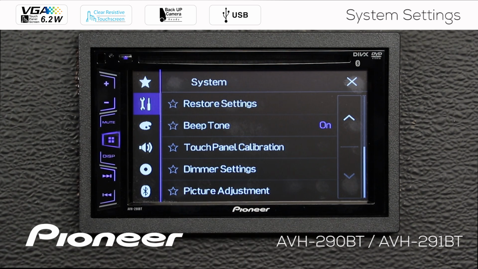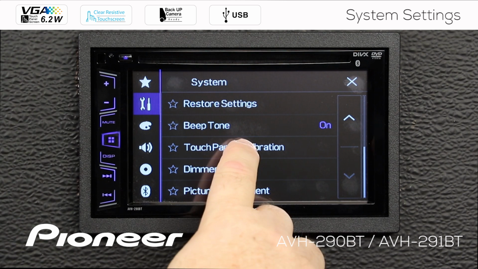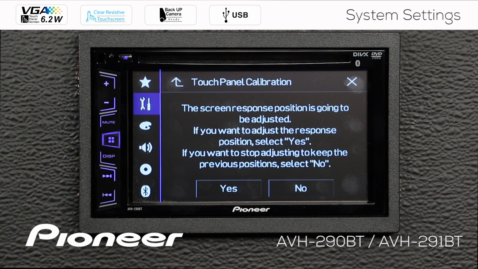Next up is our touch panel calibration, and we'll open that window. The screen is adjusted at the factory before the product is shipped. But if you would like to do a screen calibration, you're welcome to do that. If you do a screen calibration and you're the driver of the vehicle, I recommend sitting in the driver's seat where you tend to operate the vehicle before you do the touch panel calibration. Now I'm going to go back here,